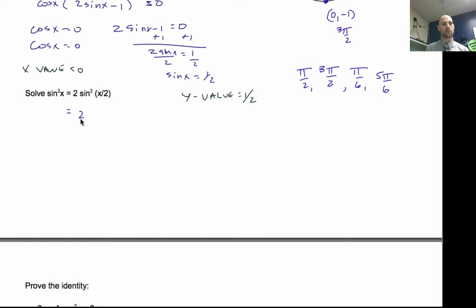What would it be equal to? 2 sine squared x over 2. So just take a look at what our formulas we have here. And I've got sine squared of x over 2. So I'm going to look at my ones that I just added, my power reducing identities. Because with my power reducing identities, what I can do is I can take it and I can make it into sine squared would be